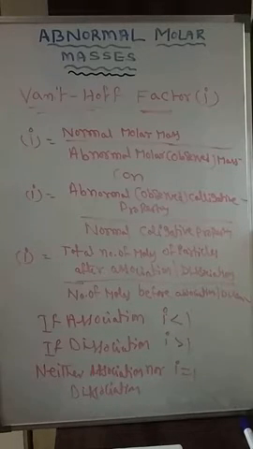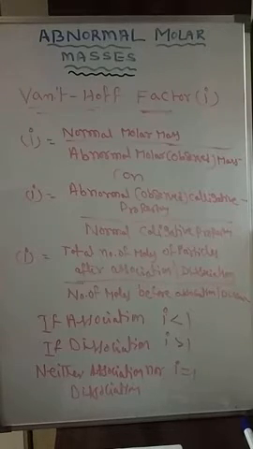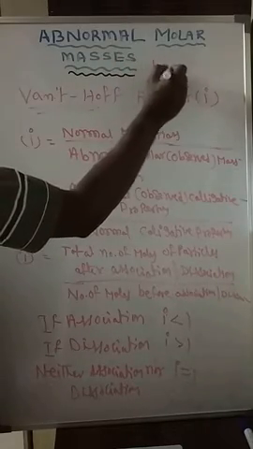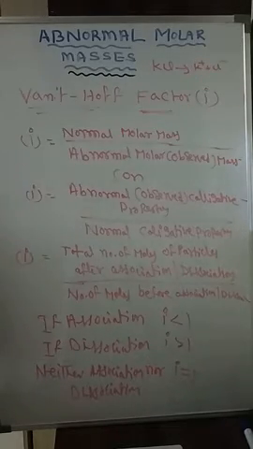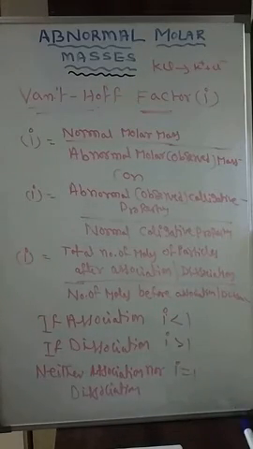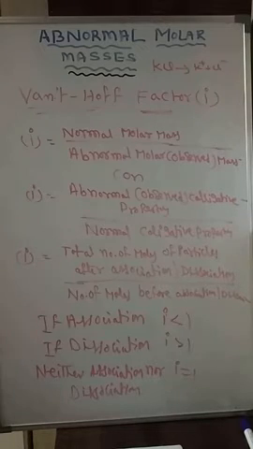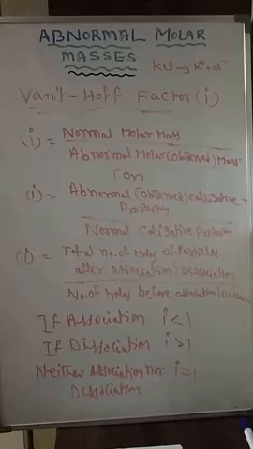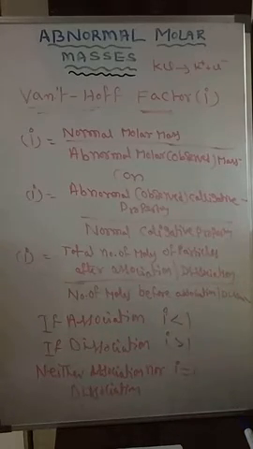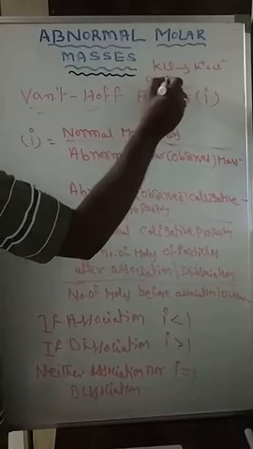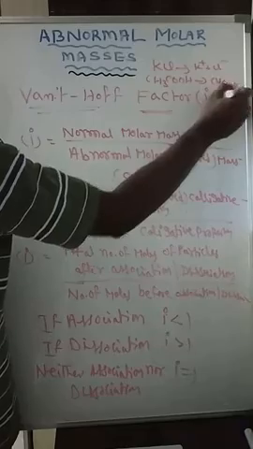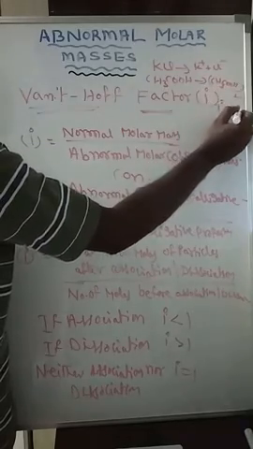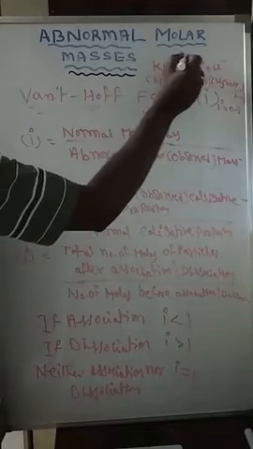potassium chloride. So what happened? The i value of the aqueous solution is close to 2 because your potassium chloride dissociated to K plus and Cl minus. So the i value is taken as 2. In this case, the value of i for KCl solution is close to 2, while the value for acetic acid in benzene is nearly 0.5, because acetic acid exists as a dimer.